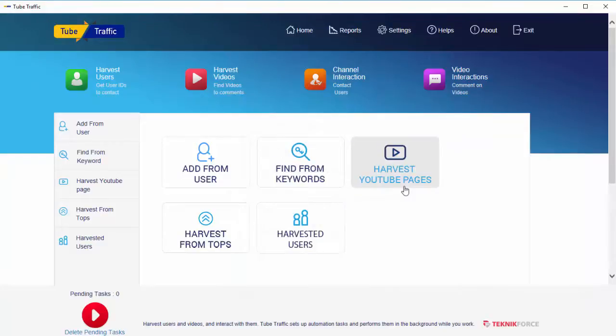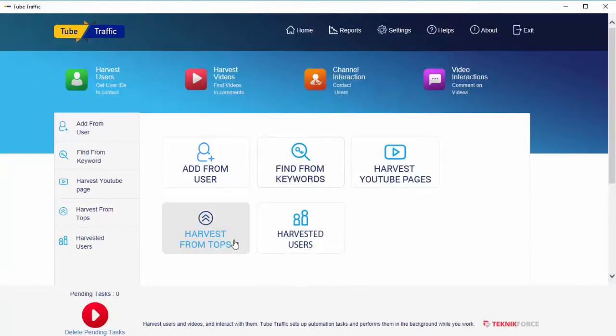Next, you have YouTube pages. YouTube has a specific page which has the channels that you need. Maybe you have searched for something, maybe you've come across a YouTube playlist, or your own YouTube channel. You can harvest all the channels from that page. Just paste in the YouTube URL over here and it will find all the channels on that page and add them to TubeTraffic.